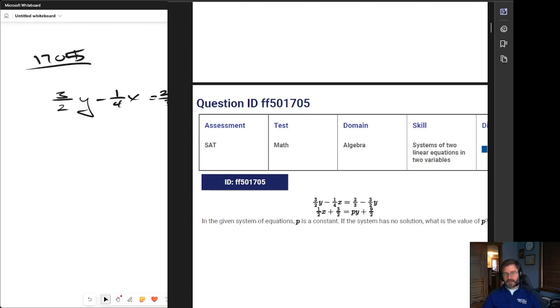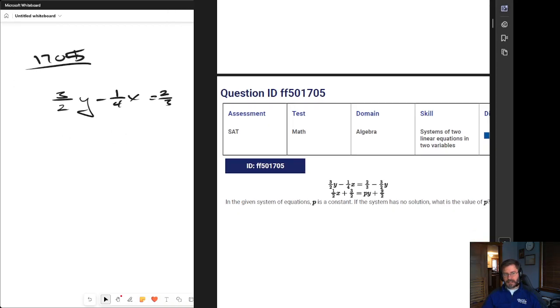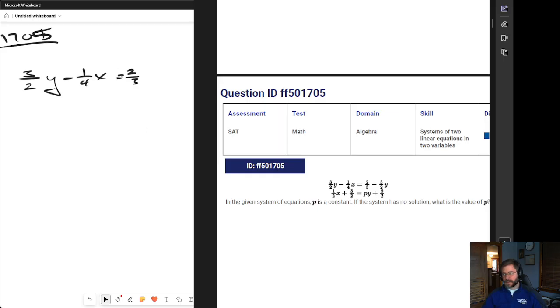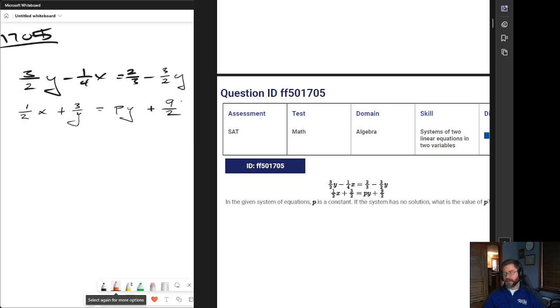Zoom out here, make sure that we can see what I'm doing. All right, so I'm just going to copy them down real quick. 3 halves y, and then we got 1 half x plus 3 halves y equals py plus 9 halves. So because these two functions have the same slope, we don't actually care about these numbers here,